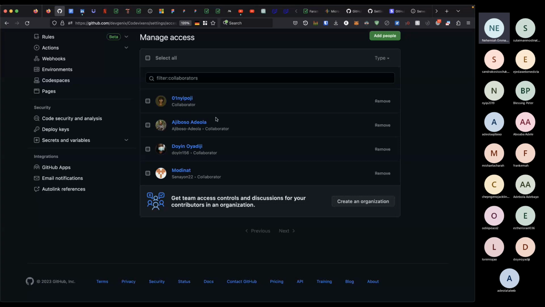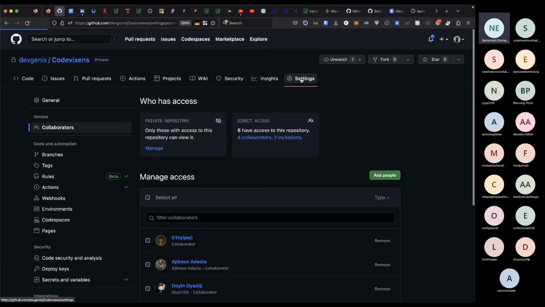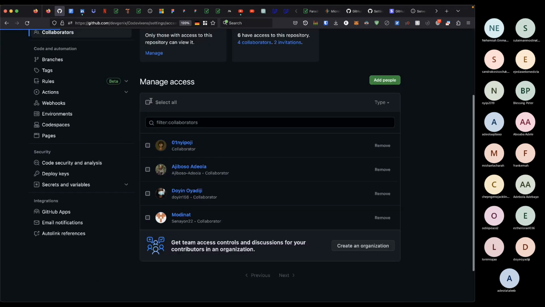I have a personal repository, so you all have read and write access to it. But I don't think you can delete the repository. When you open the repository, go to settings here and scroll up to